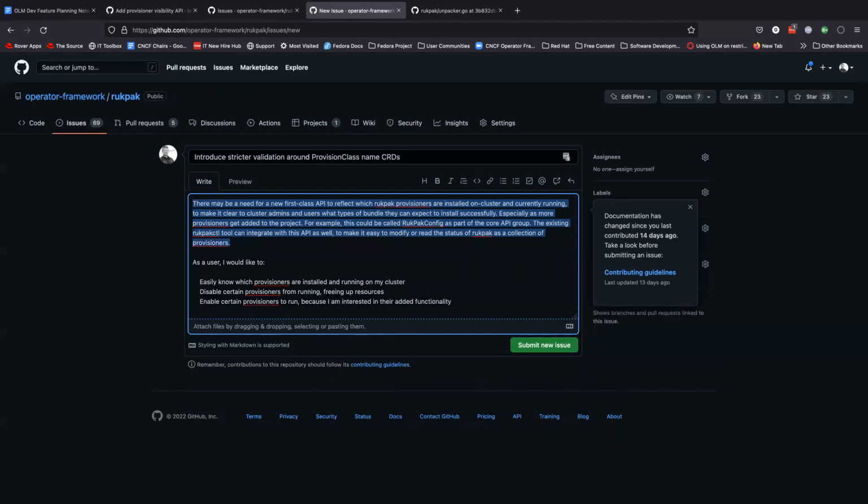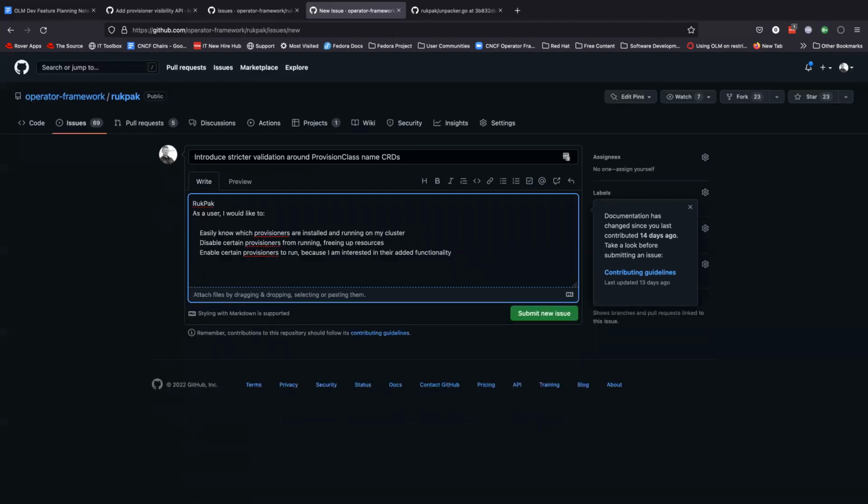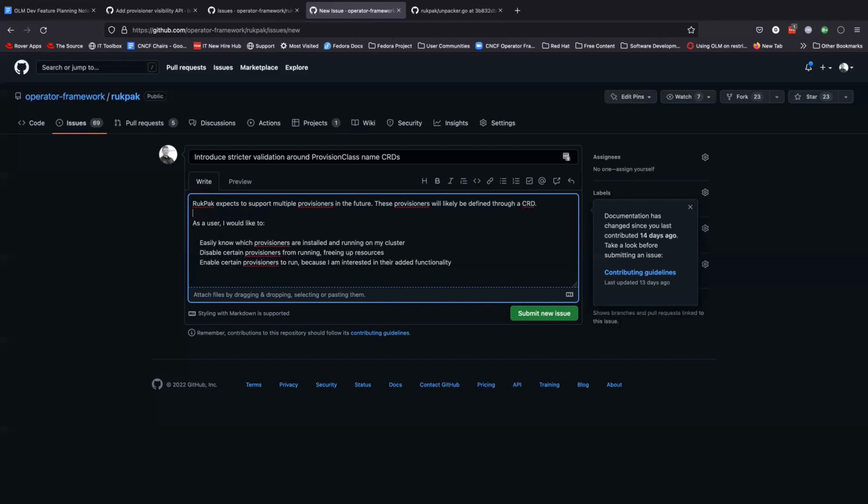Okay, so I'm just going to say that RecPack expects to support multiple provisioners in the future. These provisioners will likely be supported through a CRD, and then